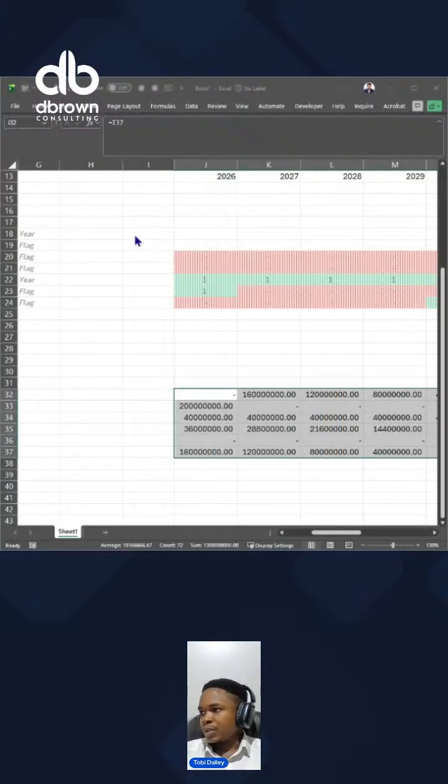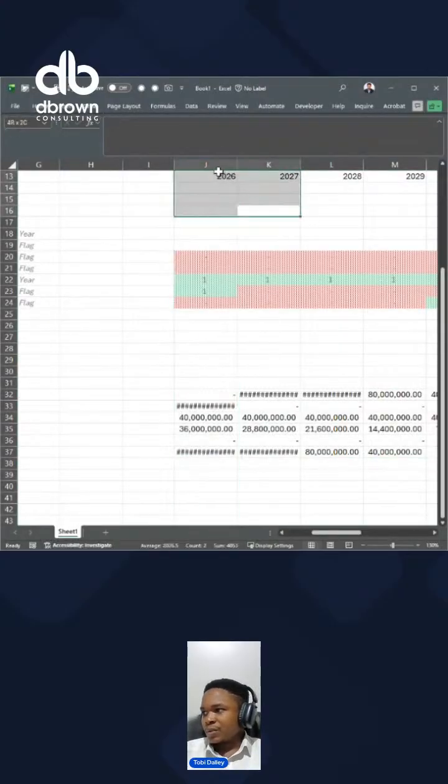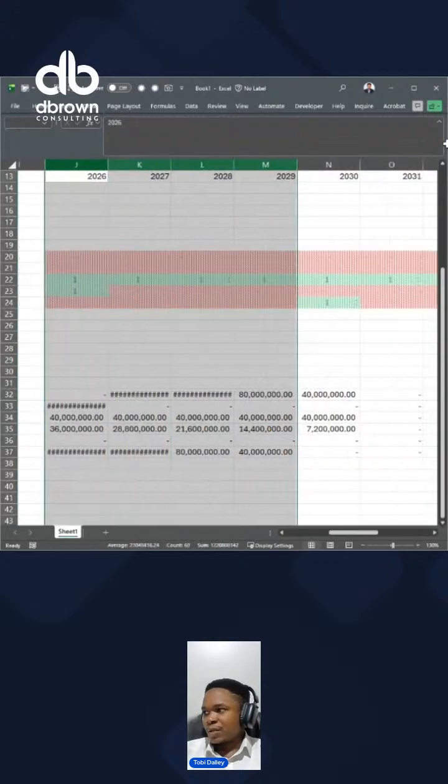I need the comma separator. So we are almost done. As I said, the most complex part is building just one schedule. That's what actually takes time. So we're almost done. All I need to do is just do a little bit of cell formatting, and